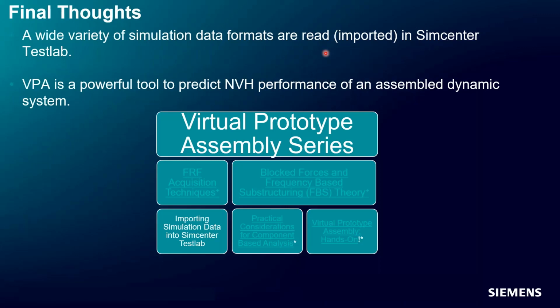Many times suppliers don't want to give the full 3D model of their system due to confidentiality reasons. But if you request only a subset of the data, let's say only the block forces, maybe they will give that information, and then we can incorporate that into the full vehicle body model, for example, and then do the prediction from there. So this VPA is a way of thinking of better collaboration between OEMs and suppliers as well, in addition to the hybrid between test and CAE.